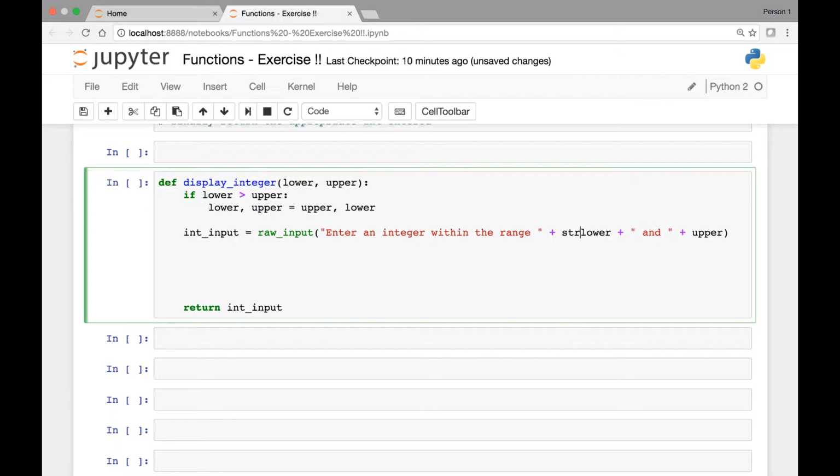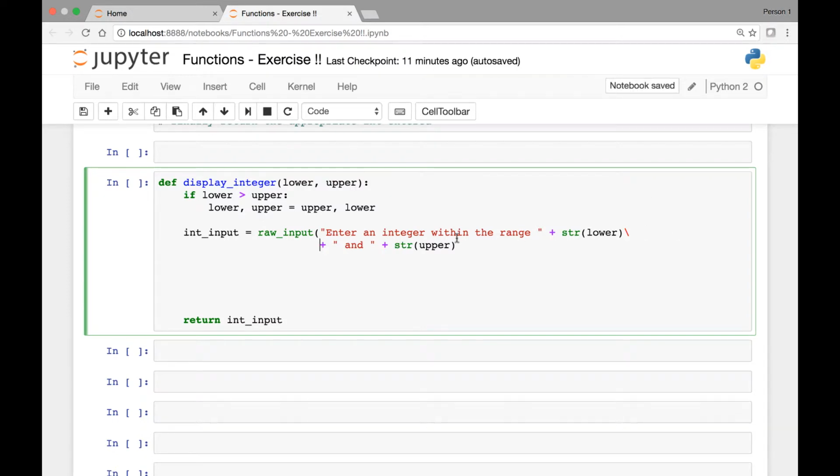So we'll convert our lower integer into a string, and similarly we'll do the same here. Upper we'll convert into a string. Let's continue this in a new line. Okay, enter an integer. Okay, now that we have this, we'll cast everything